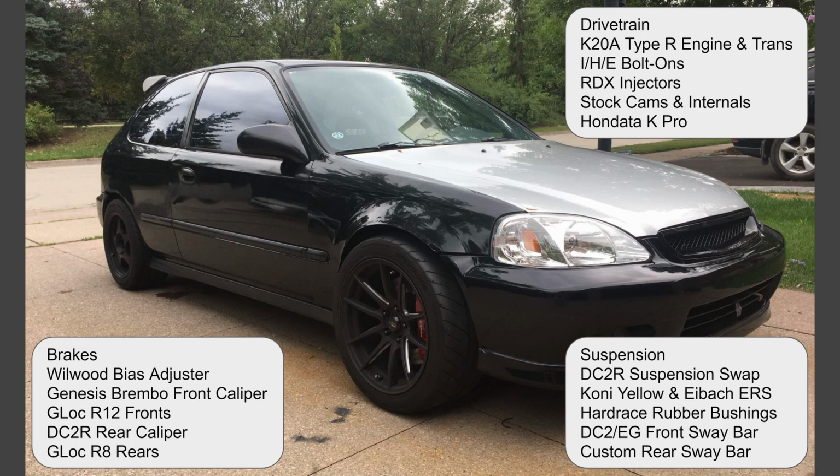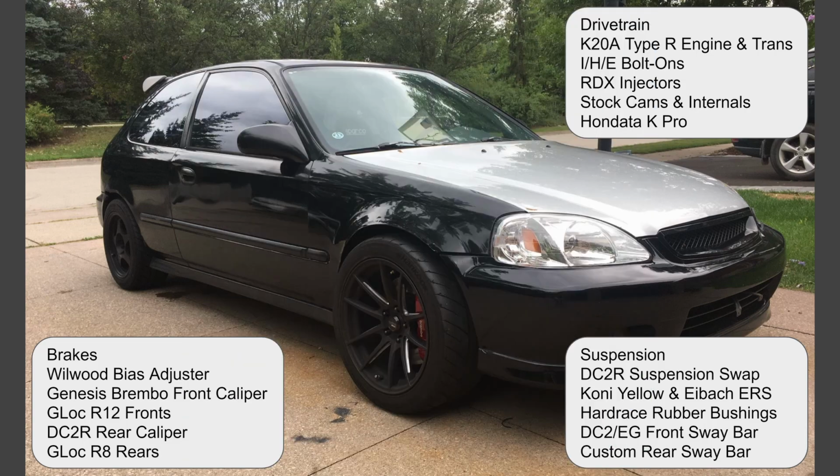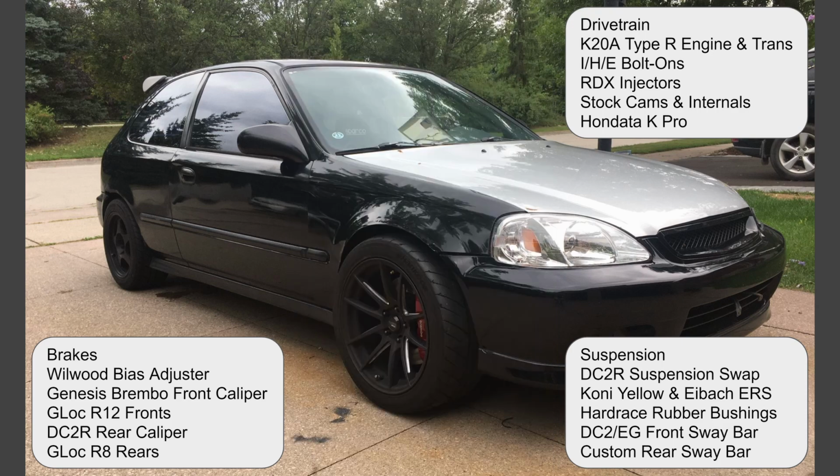The brakes are a highlight of this vehicle. We've gone to a Genesis Brembo front caliper with G-LOC R12 pads up front and a DC2 Type R rear caliper with a G-LOC R8 pad at the back. And just to finish everything off, there's a Wilwood bias adjuster in the car so that you can dial in the brake balance for whatever reason, whether you're changing tire compound, changing spring rates, or changing fuel loads if you're